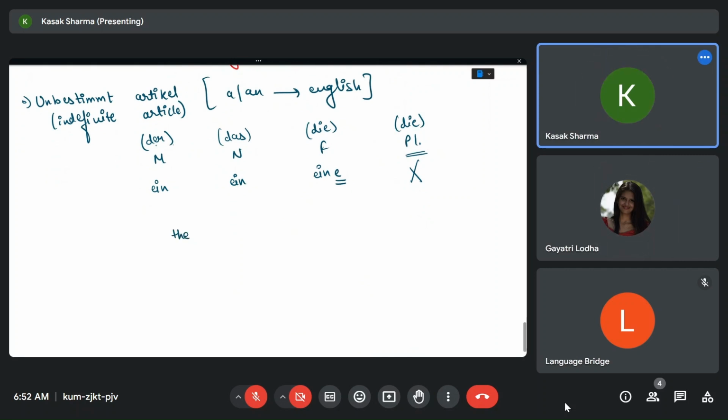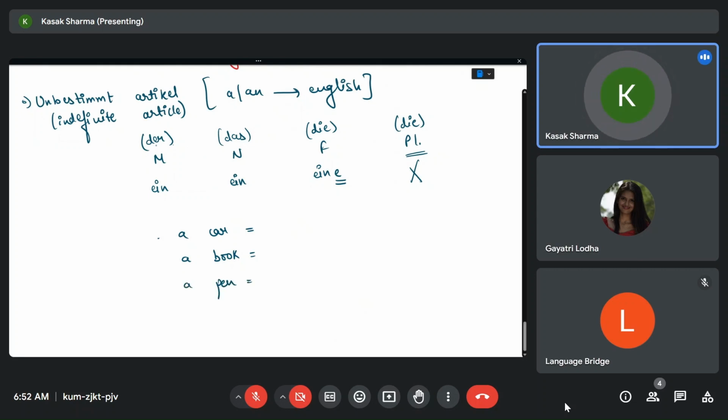Now you will translate these words using this unbestimmt article: a car, a book, and a pen. How do we use this unbestimmt article?